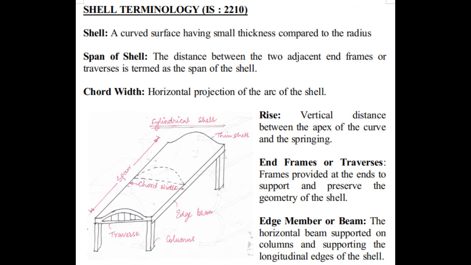Here you note down the diagram also. Sometimes we know certain terminologies, but if we ask you to define them in an interview, in the exam, or in the viva voce, then you just search for words on how to define them. So here are the basic definitions given by IS 2210. You just read them twice or thrice. You will remember how to phrase the definition when anyone asks about the different terminologies.